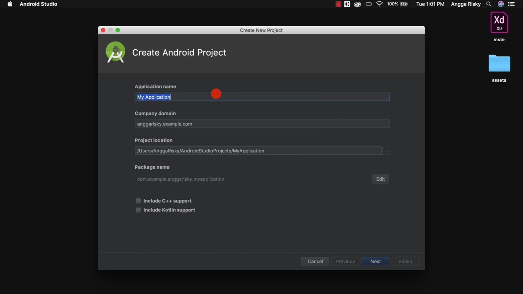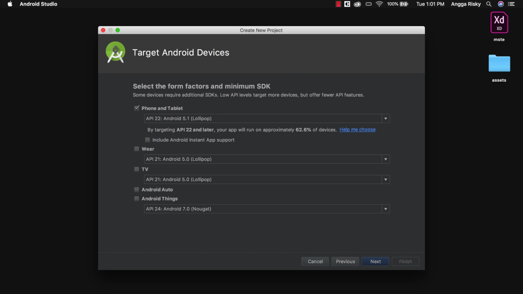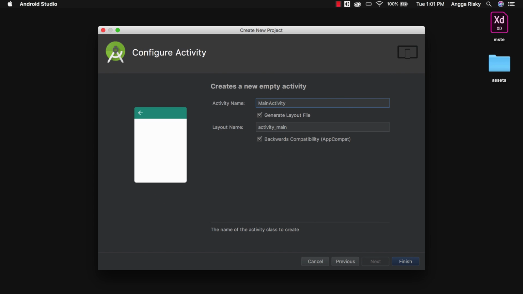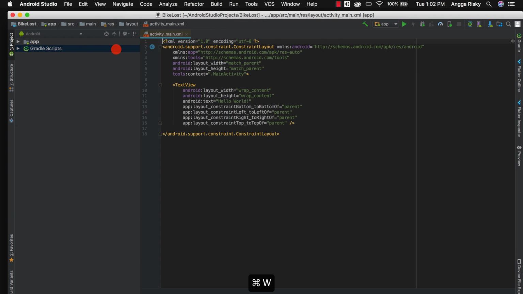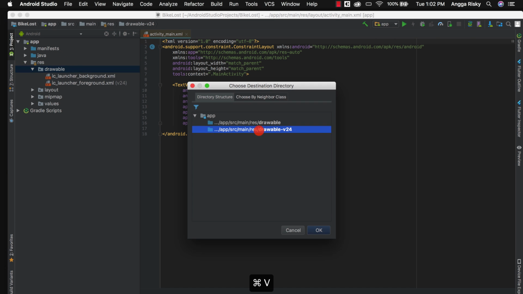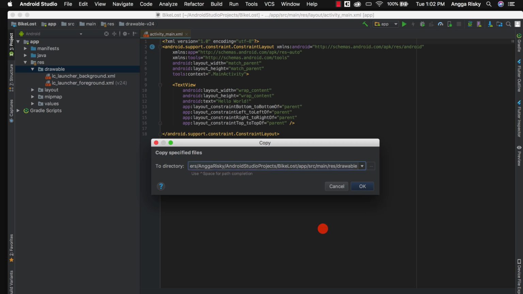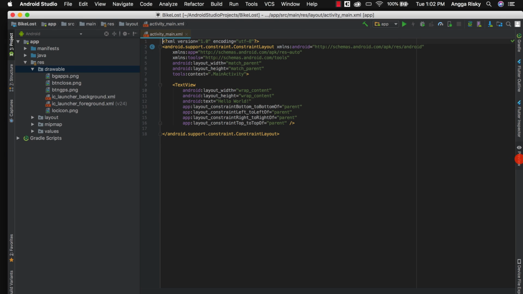This is for the bike loss, and then next and finish. First of all we have to close this Java because we want to focus on the preview first. And in the app I'm going to paste all of those assets.